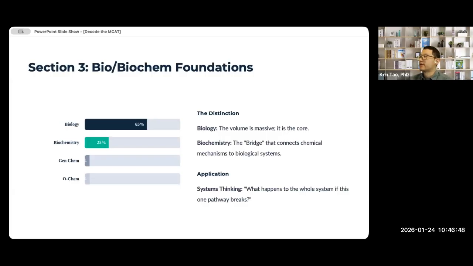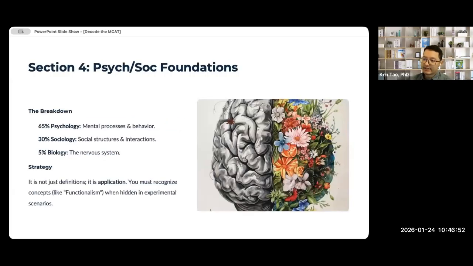All right, so that's the biochem section. We can now move on to the psych-soc section. The psych-soc section is 65% psychology, 30% sociology, 5% biology. Again, there are a lot of students who think of the psych-soc section as being the easiest section of the exam, and there's some aspect of that which is true because a lot of it is memorizing a lot of terms and definitions. But again, you have to go back to what I said earlier, which is that the psych-soc section is